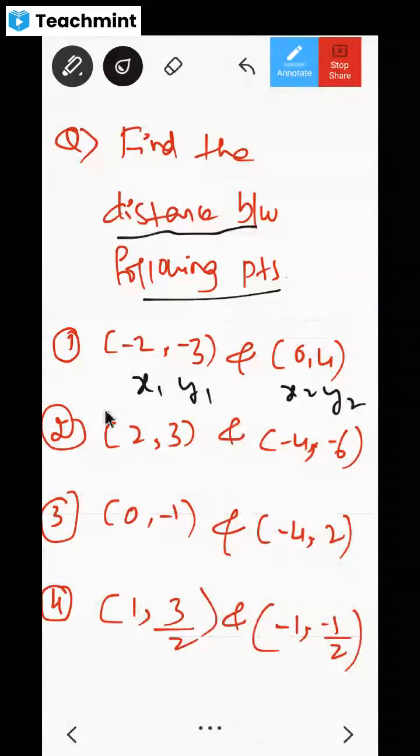Yes, sir. Are you getting my point? So even if I say triangle XYZ, the area will be 0. If they ask you to show that these points X, Y, and Z are collinear, you have to prove that the area of this triangle XYZ is 0. That will come to you later. But now this one is having some area. This triangle is having some area. Clear, dear children?